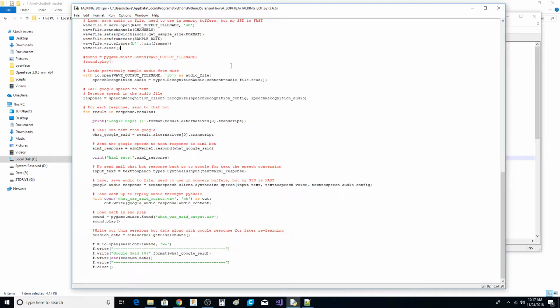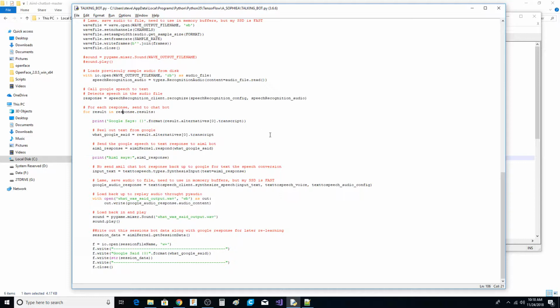So now what we're doing is we have an audio recording on the disk of what we just said. So now we've got to ship it off to Google to get them to do the conversion. That's these couple lines here with the speech recognition client, and then we're going to wait for the response. And as the response comes back, we're doing a very naive operation on pulling out the transcript,